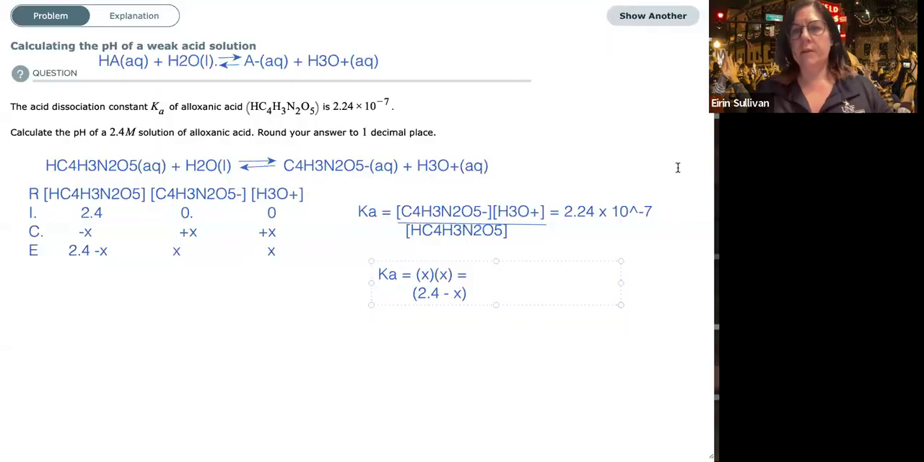And of course, that is going to be equal to our Ka value of 2.24 times 10 to the power of -7. So that then becomes a fairly simple mathematical rearrange and solve for x. You're going to end up with a quadratic of the form ax squared plus bx plus c equals 0, okay? However, we can make this even easier for ourselves 99 times out of 100 because if you think about